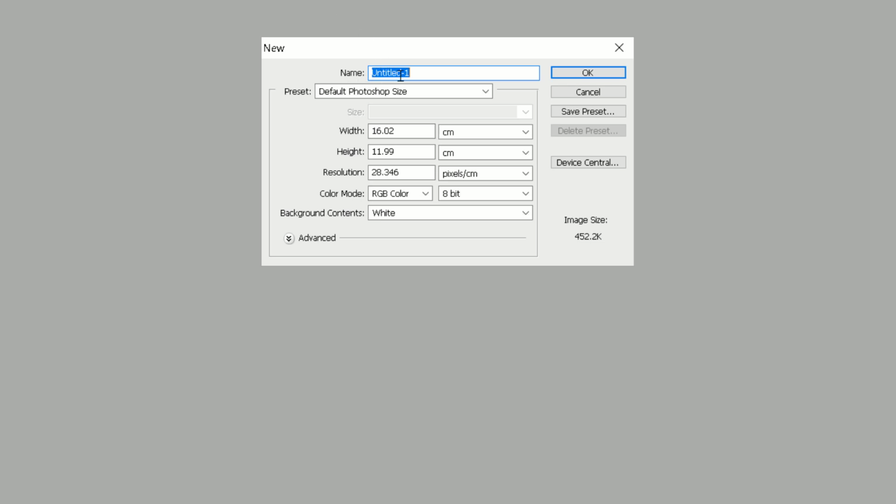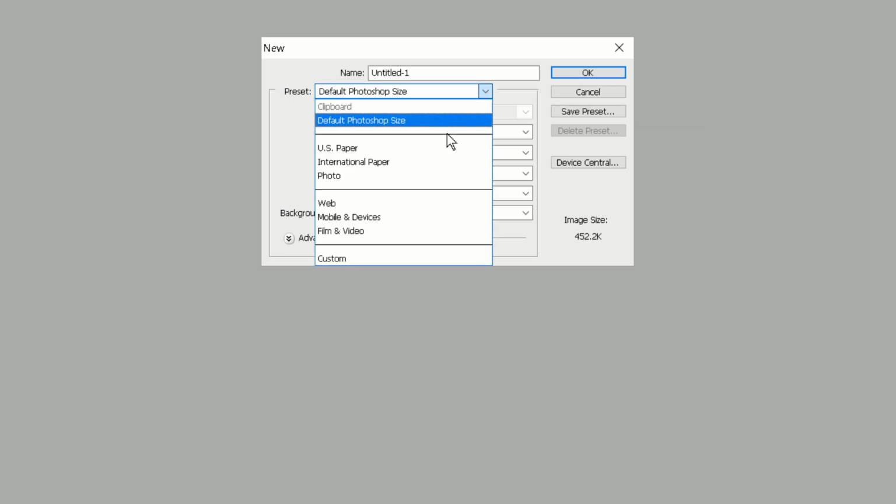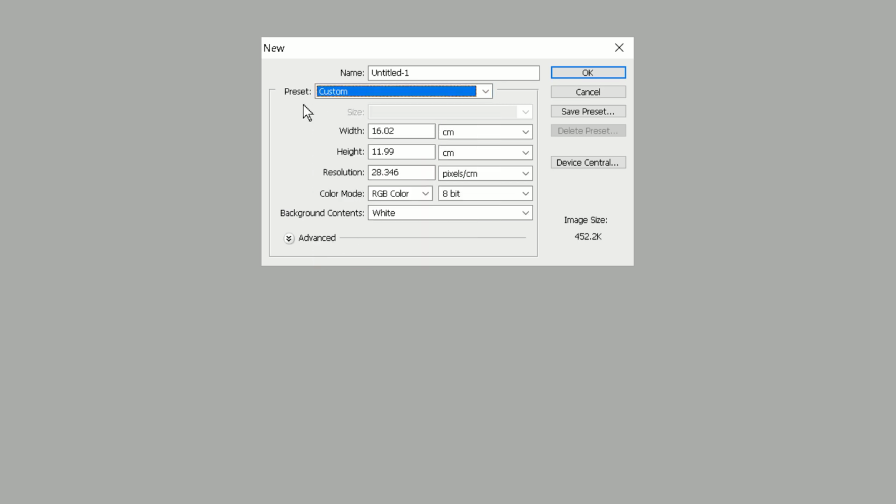Now here guys, you will see the name for this file, preset default Photoshop size, and you can use your own desired size like US paper, international paper, photo, web, mobile and devices, film and video, and also you can select custom. So in custom you can set width and height, resolution, color mode, background